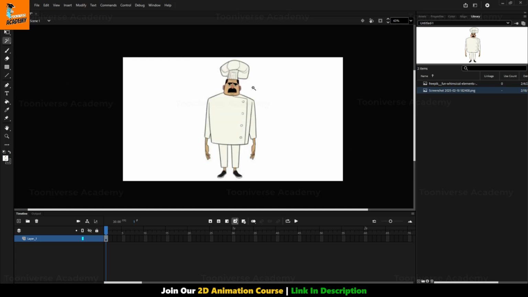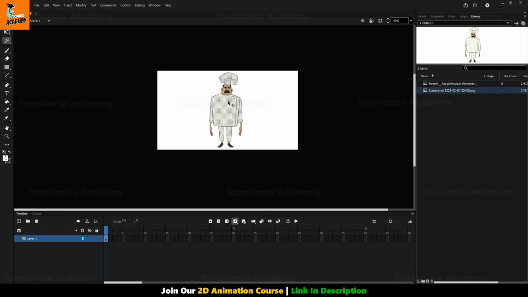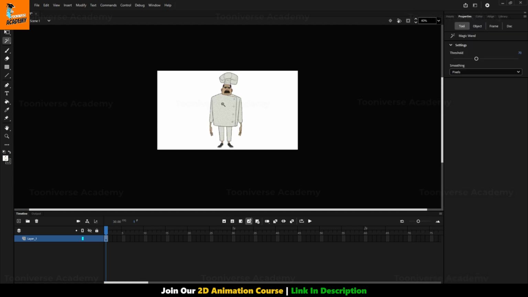Now let's take the Magic Wand tool. I selected the tool and clicked on the background of the image. And see, the background is selected. Now I'll just press delete and the background will be removed. If you want to check whether the background is really removed or not,